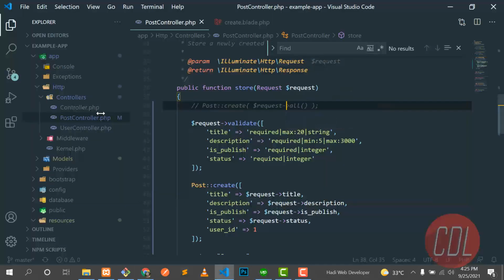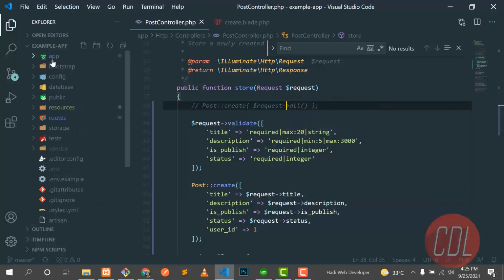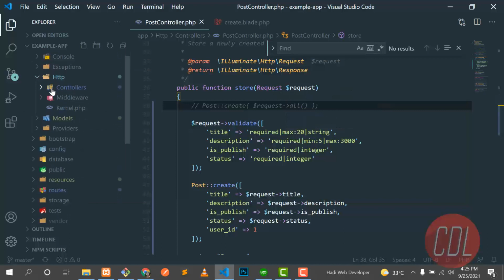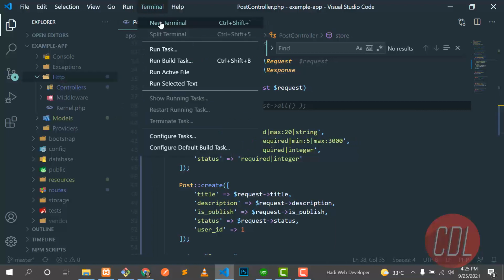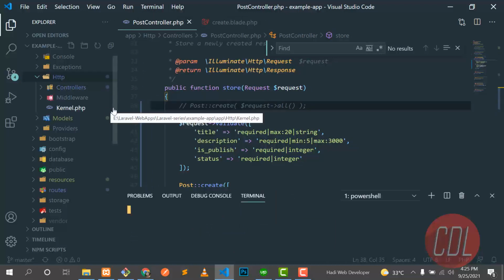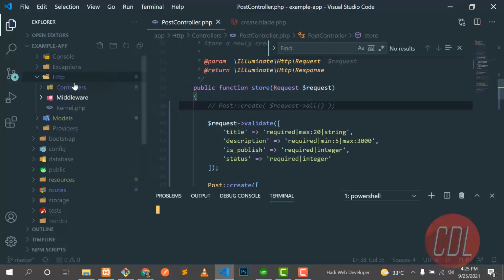app/Http/Requests. So let's go to the project, and this is the app directory and this is Http, and there is no Requests directory. Why? Because we did not create any form request. So let's create a form request. It will automatically create a directory there. So let's create